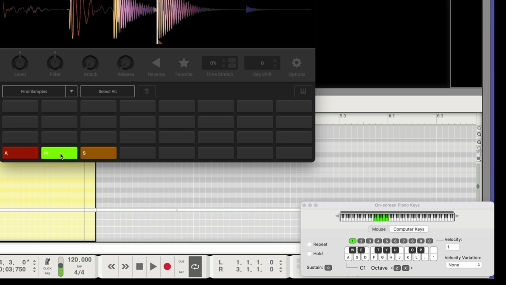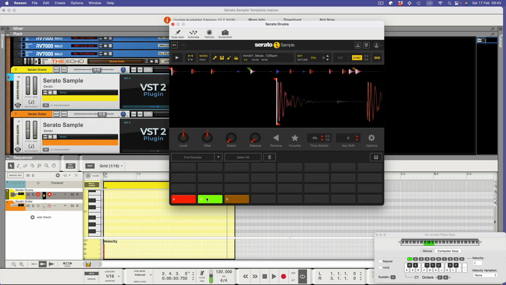So I've got three slices in this drum loop set up on the A, W and S keys of my computer keyboard, and they represent C, C sharp and D on a piano keyboard, and I could of course plug a MIDI keyboard in to do that. Now supposing I go to this W slice here, click on that, notice I've got the playback set on hold, so it's only playing and stopping. Now supposing I change the filter on this, supposing I make this really dull by bringing the filter down on this. Now if I play the A slice,